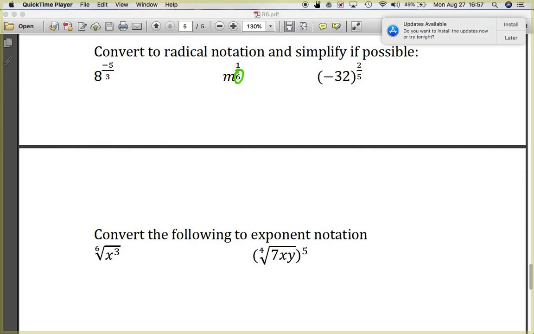That just is my radical, so all you have to do is do the 6 through the m. You don't need to put the 1 because the 1 is assumed, but you can put it there and still not be wrong. Once again here, that is your root. This is your power. Once again, if we're dealing with numbers, it is always assumed, unless you're told not to,